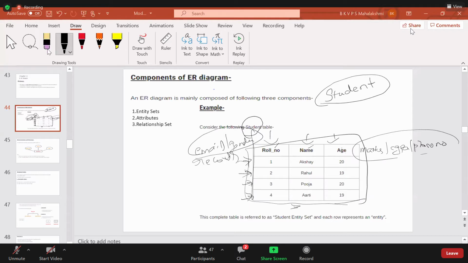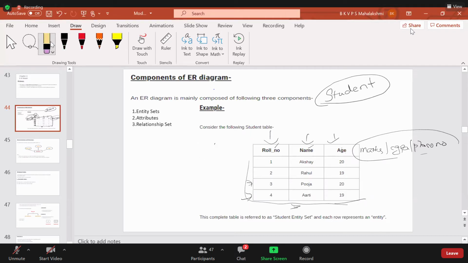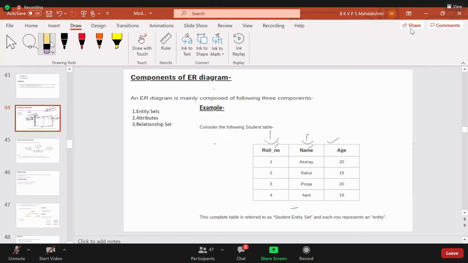Okay, I'm erasing. So next, I'm talking about this ER, which helps us draw the diagrammatic representation of a given database. Then we have to know what the symbols for the entity are. Student is an entity. What is the symbol for the entity? And what is the symbol for the attributes that we have to know? Okay, so let us go with the diagrammatic representation.